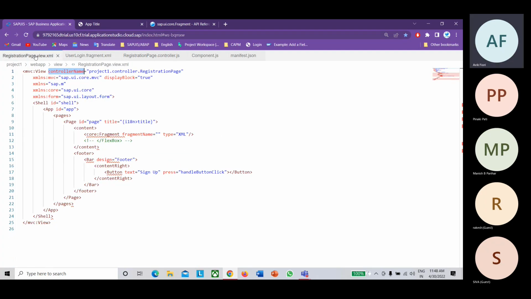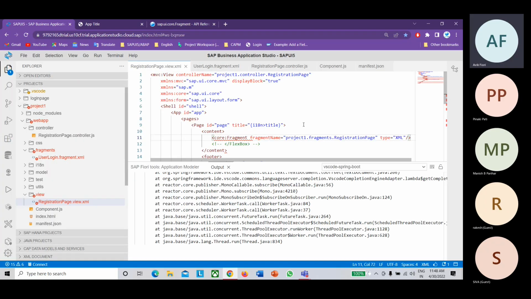Go back to your view file and provide it here. Now this registration page is from the controller folder, but instead of the controller folder we want to refer to the fragment folder, right? Fragments. And after that, what is the name of the file?